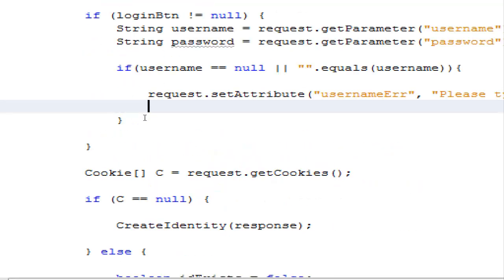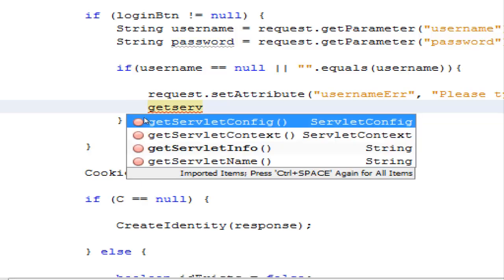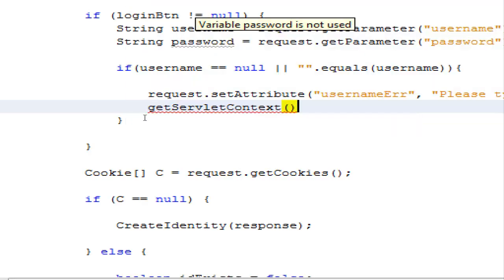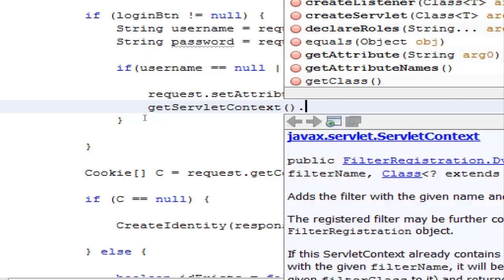This time what you are supposed to do is not the redirect. You can't say don't come back, because they have come back to you but with some problem. So you have to say go back to the same place, show the same page again, and then tell the user that there is something wrong in this page. Okay, how to do it? For this, I have to get the servlet context. This time, I have to get the context, the environment, so that I know where is the next page. Then I'm going to say